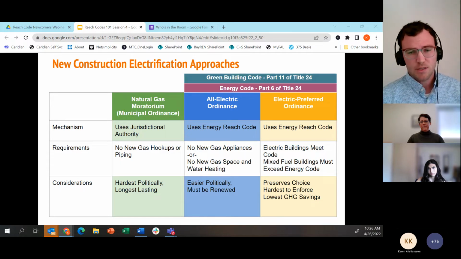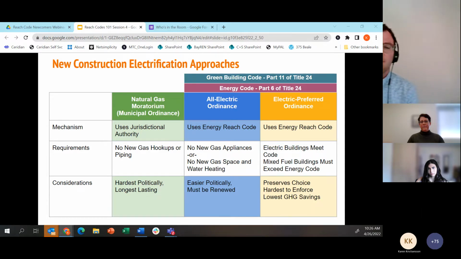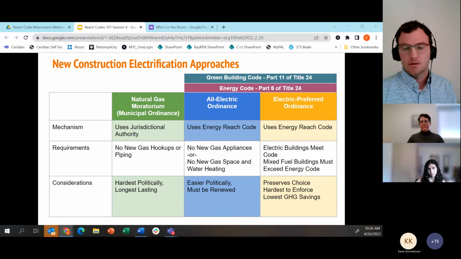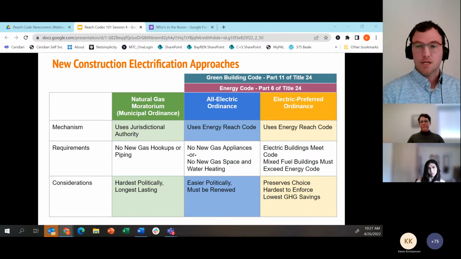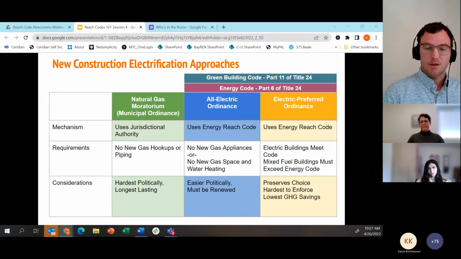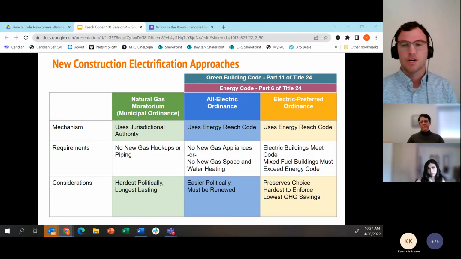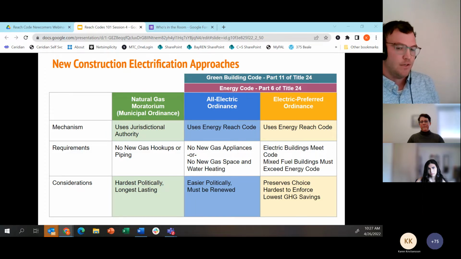And a quick takeaway that I'll note here: if you were a jurisdiction going just the all-electric route, it may make sense to tie your ordinance to Part 11 of Title 24. On the other hand, if any part of your designed ordinance does fall under energy conservation, for example, if there's an additional requirement for PV for additions and alterations, any energy efficiency component must go through Part 6.